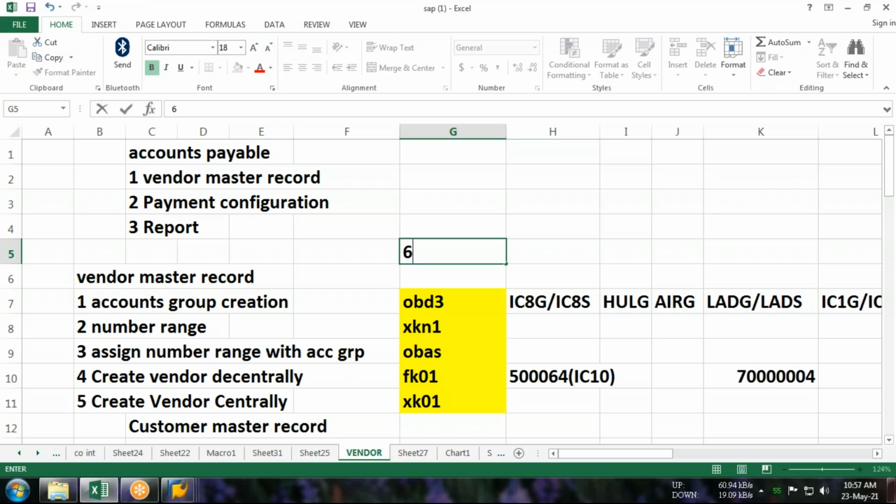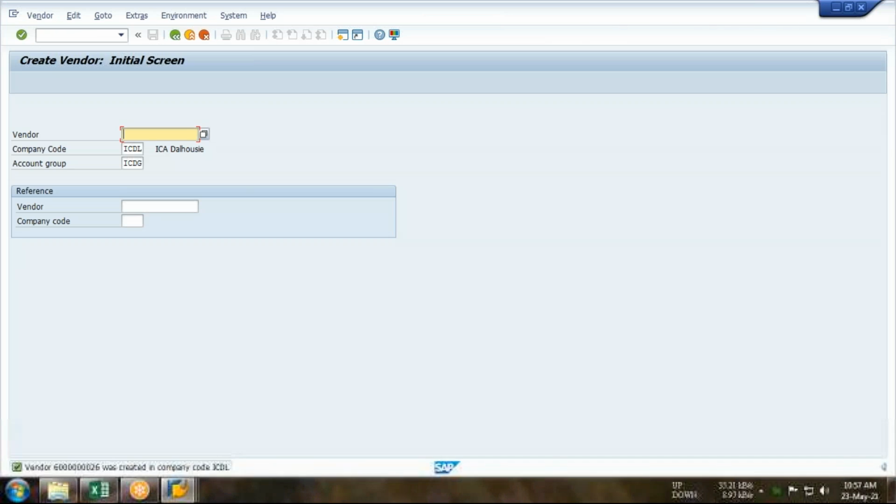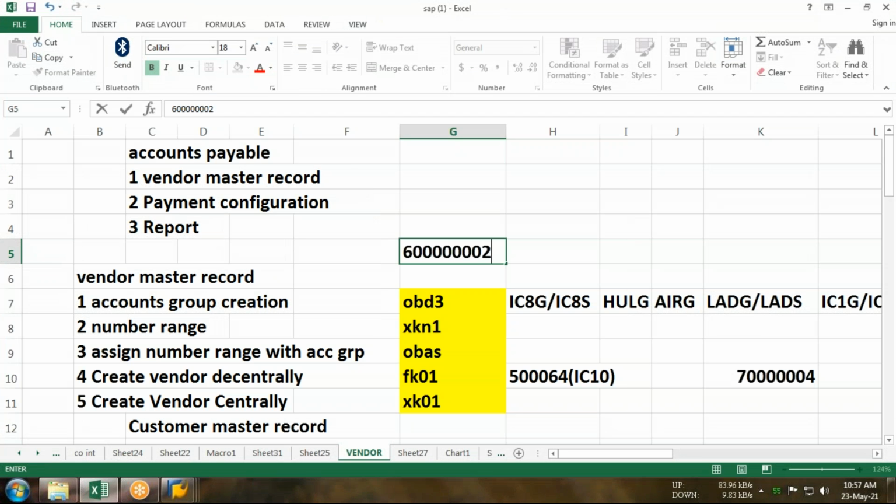Whenever I need to place any order with Samsung, whenever I need to post any documents which I have received from Samsung, I need to use this code for Samsung. Clear? So this is my vendor code for Samsung in my system.